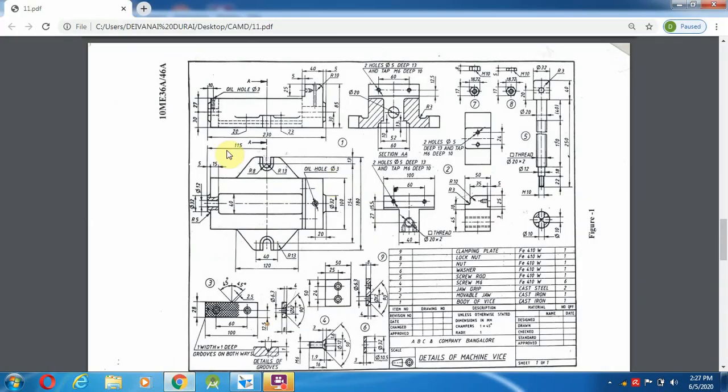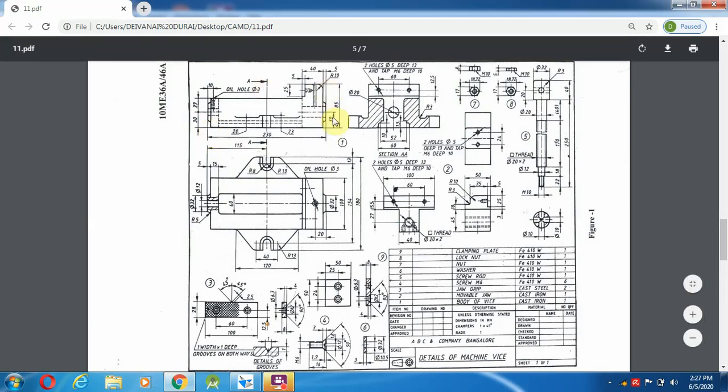After the line command, I am going to start from here to this one. Why? Because they have given this in terms of diameter, and here also the diameter, so those things become circular. But these things have a certain depth, so I am going to draw with only this.